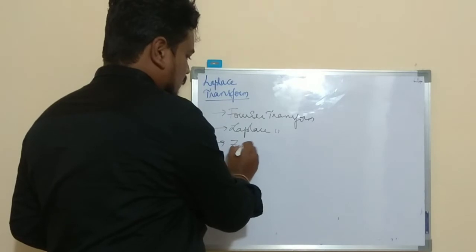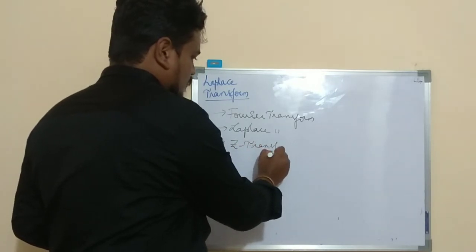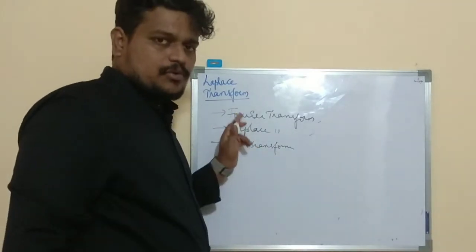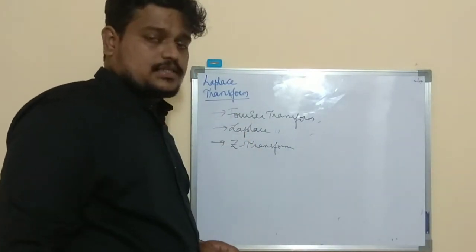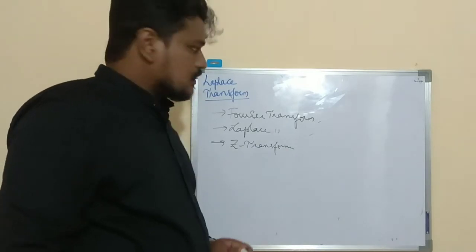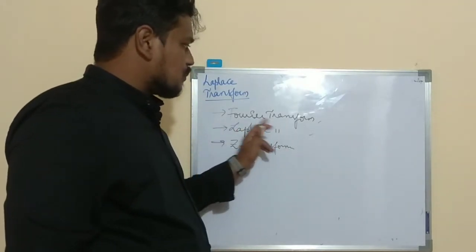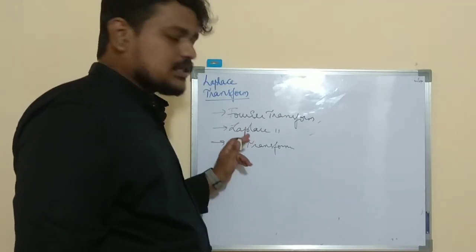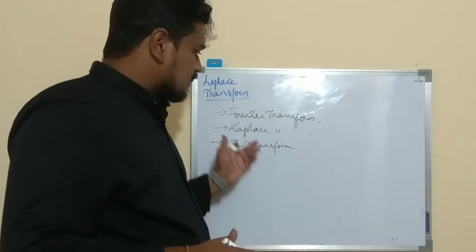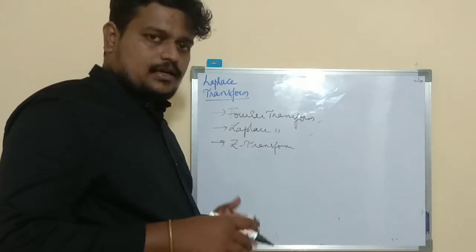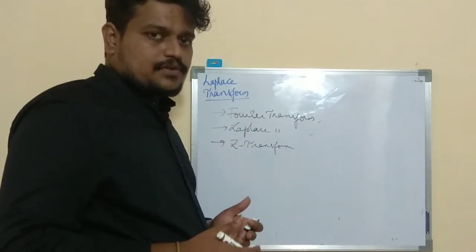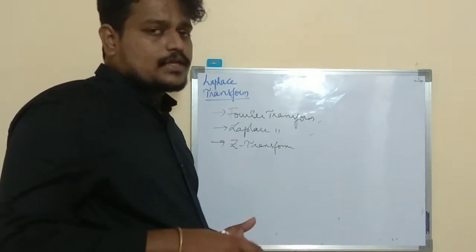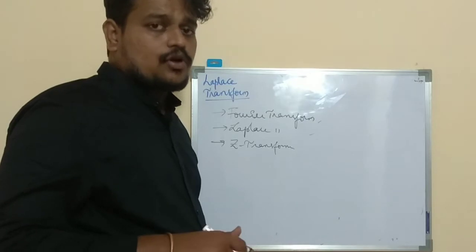and the last one is Z transform. Both of these techniques are used for continuous time domain, whereas the Z transform is used for discrete time domain signals. There are a few limitations for this Fourier transform, so that's why we are going for the Laplace transform. We'll start with the basic definition of Laplace transform, then the formula, after that a few properties, and finally we'll be solving a few examples in this session of the video.